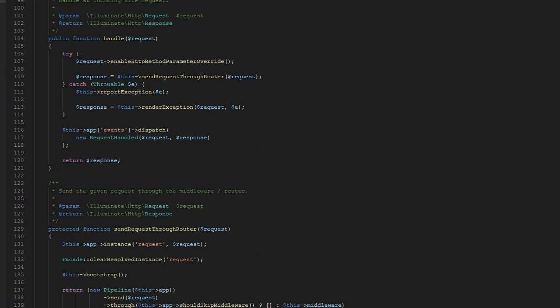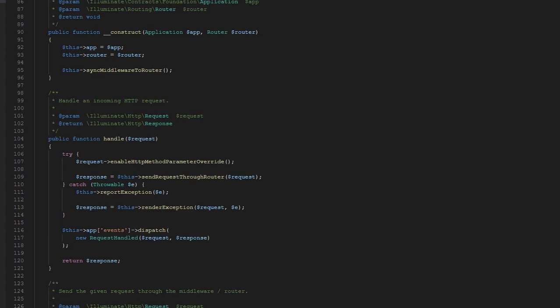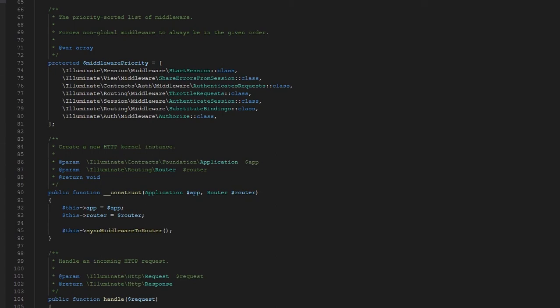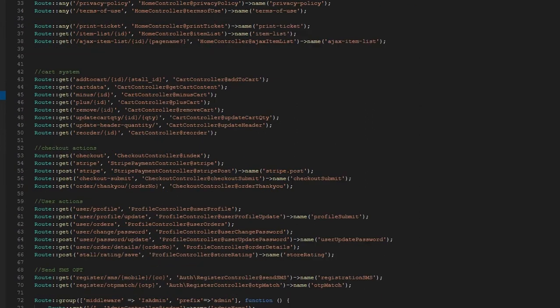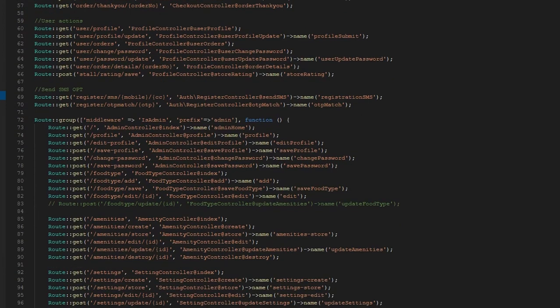Once the application has been bootstrapped and all the service providers have been registered, the request will be handed off to the router for dispatching. The router will dispatch the request to a route or controller, as well as run any route specific middleware. Some middleware are assigned to all routes within the application, like those defined in the middleware properties of the HTTP kernel. If we move to our route,